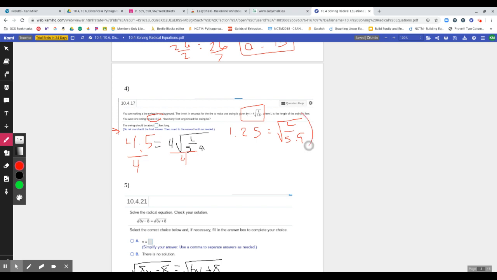All right, so now we're going to square both sides because the radical is now by itself. So remember, don't round. So this is 1.265625 equals L over 5.9. All right, now we're going to multiply by 5.9 on both sides. So multiplying by 5.9, we get